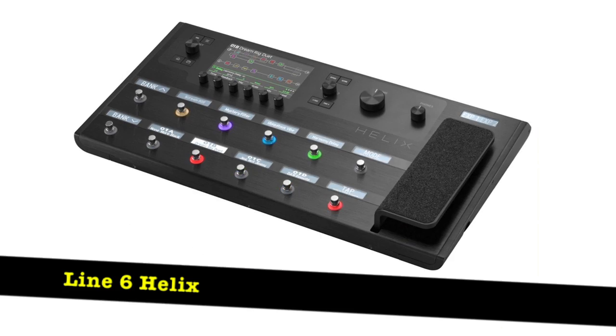Is this the best solid-state digital head? It's hard to say, as the space keeps changing pretty rapidly, and I expect someone to argue that a digital floor unit like the Line 6 Helix might be better. But if you want a low-cost, versatile, and traditionally styled amp head, then the Katana is a great choice. This amp is very simple to use, and as of this month, it is still very new. And because technology for these types of amps is changing and improving every year, this made the Katana head a